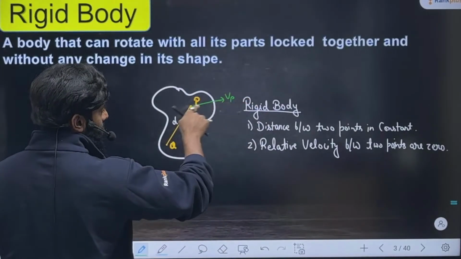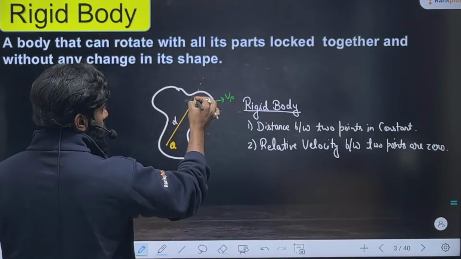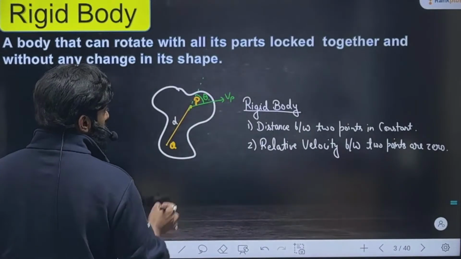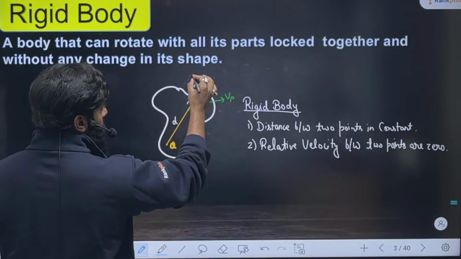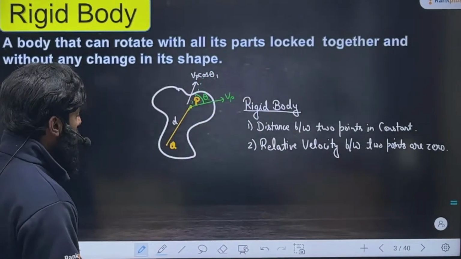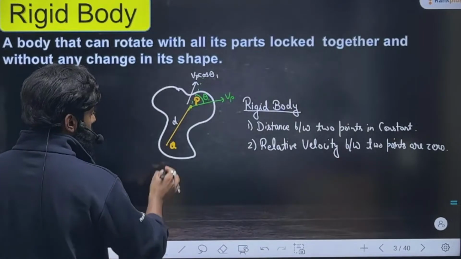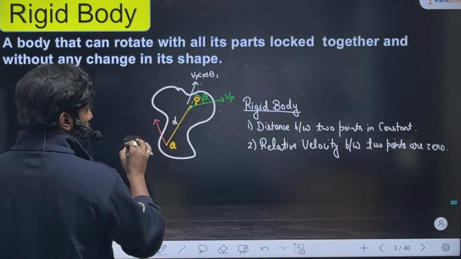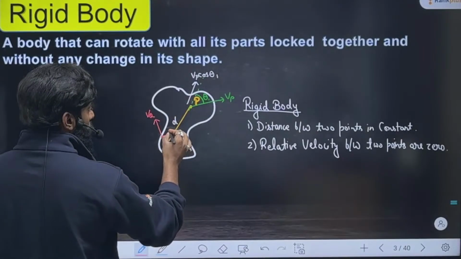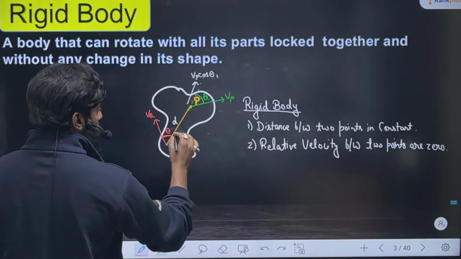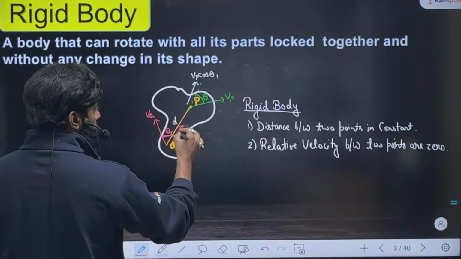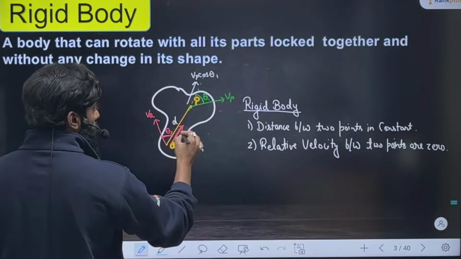is having a velocity in this direction, and let me take an angle theta here, theta 1. So if I resolve this velocity component in this direction, I'll get Vp cos theta 1, right? This is the velocity which I will get, and assuming that there is another particle out there, Q, and this particle is having a velocity Vq here, the angle for this is theta 2, and if you resolve this Vq, you will get